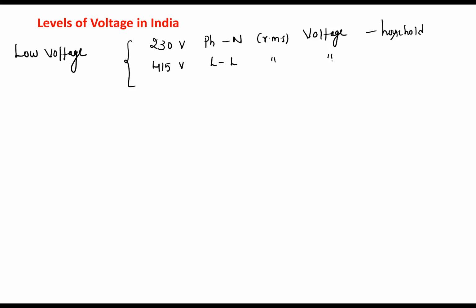So industry will have different voltages. I work for ONGC where there are 650 volt rigs, and 3.3 kV industry. We are discussing the utility. Industry can have any voltage depending upon their application, but as far as utility is concerned, we are discussing the voltage levels. So any voltage less than 1000 volt is treated as low voltage.